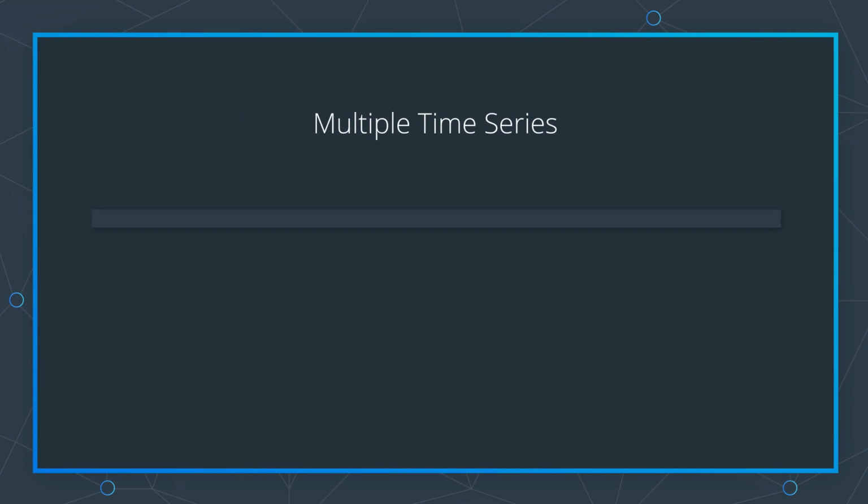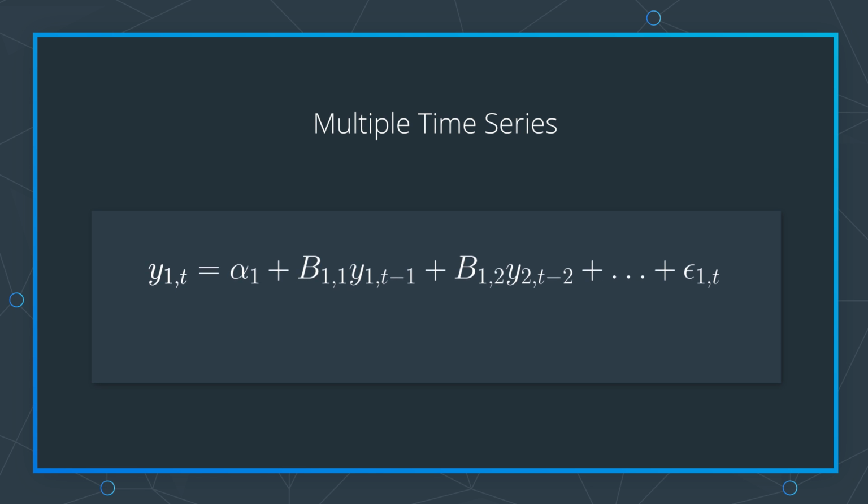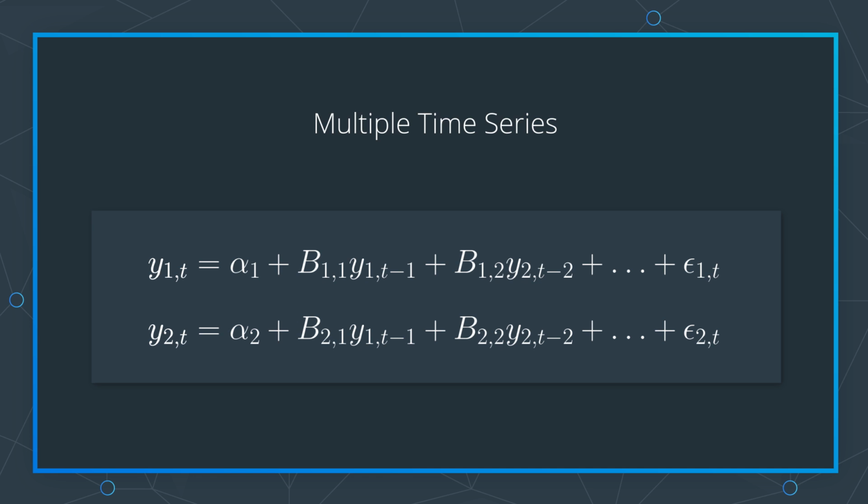Note that an AR model is designed to represent a single time series. If you have several different time series, you could build a separate AR model for each. But what if the movement of one stock has some relation to the movement of another? You may recall seeing something similar with multivariate multiple regression.